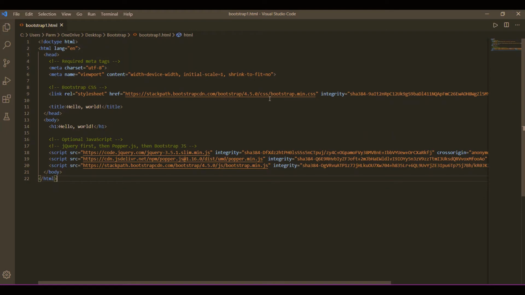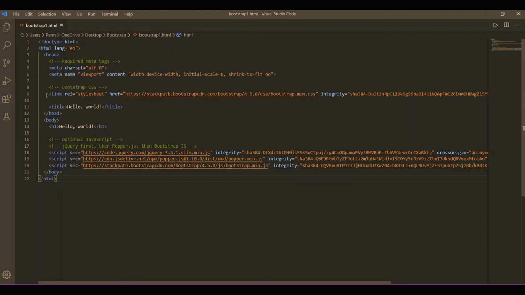One is using the CDN, that is Content Delivery Network, or another way is downloading Bootstrap to our local directory or local PC, then giving the path of the CSS over here, as we have done already in the Java and jQuery case. So this must be there, and integrity shows that we must use the accurate version of this, that is the meaning of integrity over here.